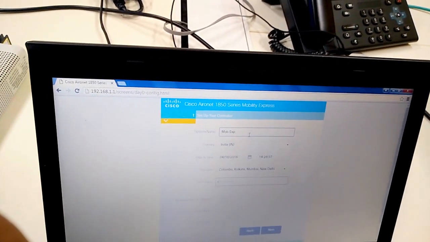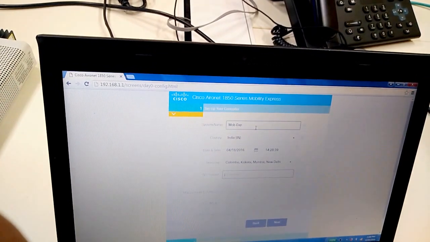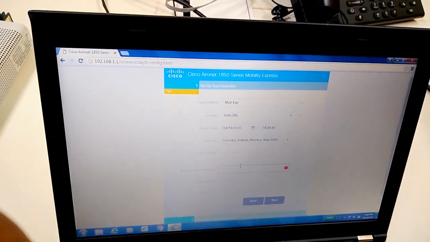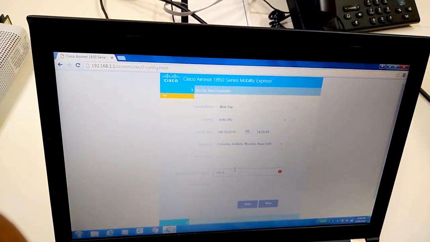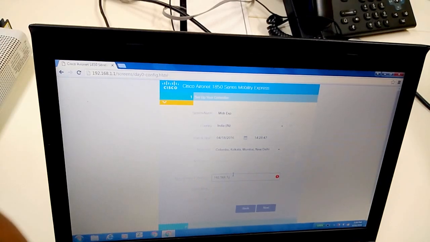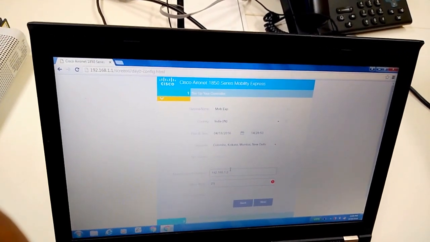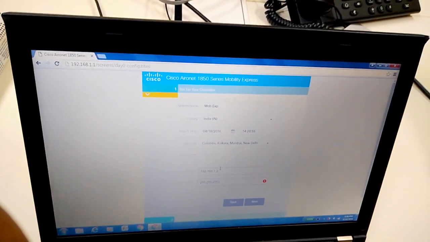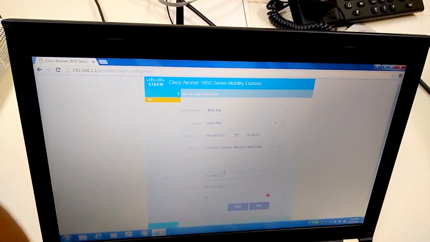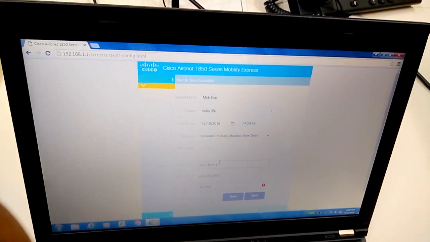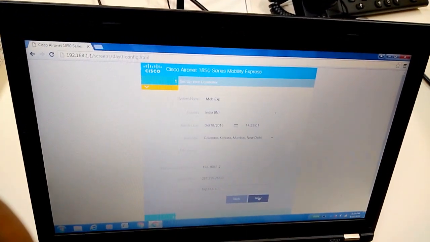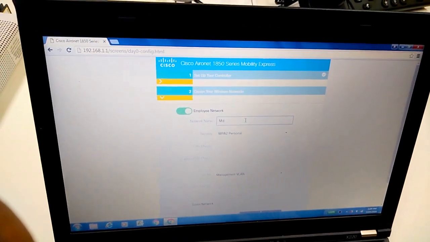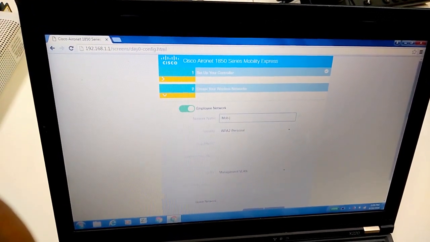If you have a local NTP server that needs to be configured, you can configure it as well, and the management IP address for this controller would be... and once you're done with the first